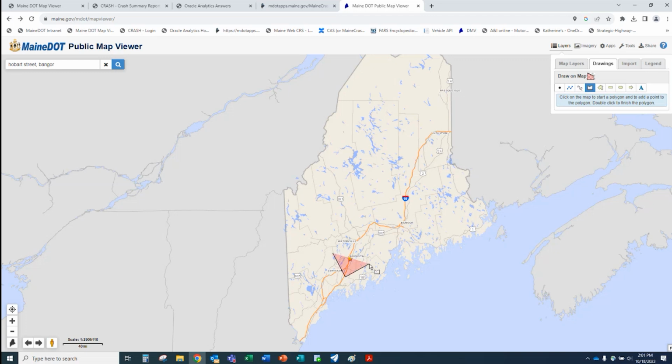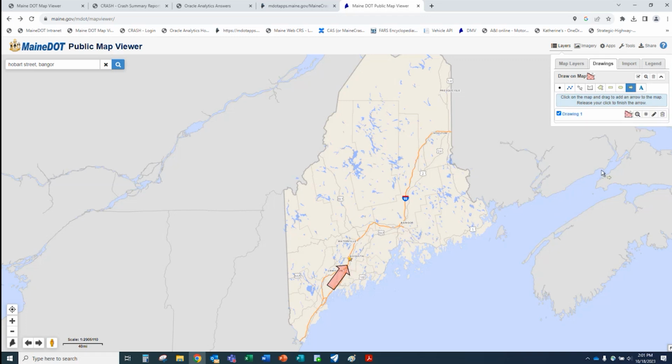The difference with the polygon is that, just like with your earlier tool, it fills it in. I guess I should be a little more specific. You click to use these tools, then click again to create another point, click again to create your third point, and then you double click for your final point, and it closes in that polygon. You can also draw arrows to point to certain areas.